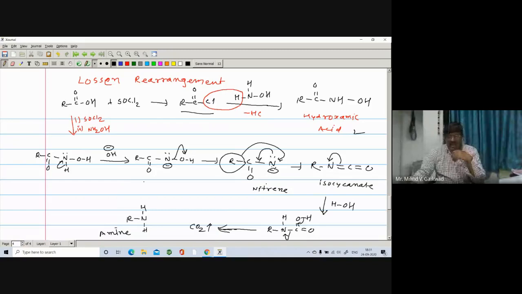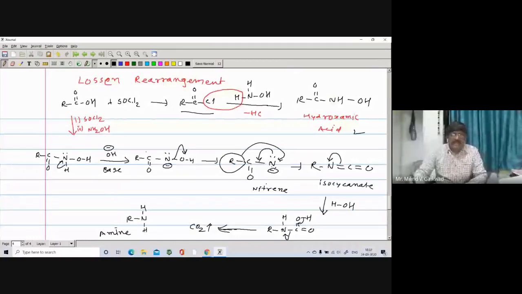The same reaction we can also write as the acid catalyzed reaction. Here I take only the base catalyzed reaction. It is called the Lossen rearrangement reaction. In this way, you just have to write down, or we get a number of examples. So here the starting compound is acid, and you again get amine. But what are the reagents? Reagents are acid halide, SOCl2, NH2OH, and alkali, and you get the corresponding amine.